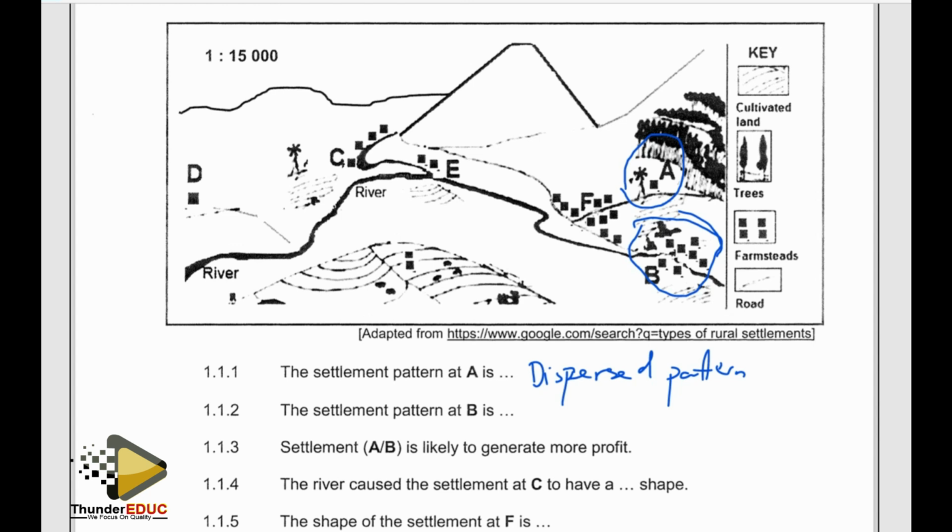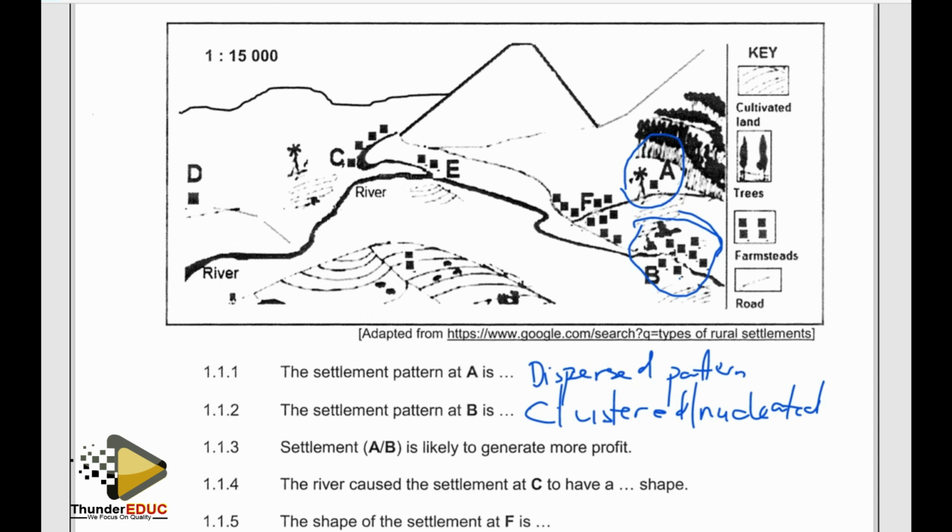So if we are to relate to the type of settlement again in terms of pattern, that is the clear opposite of what is happening at A here. What is happening at A is a true opposite of what is happening at settlement B. So if we are to analyze that one, we will come out with the correct response as a clustered or a nucleated settlement. For that matter, it's clustered or it's nucleated. Right, we'll move on to number